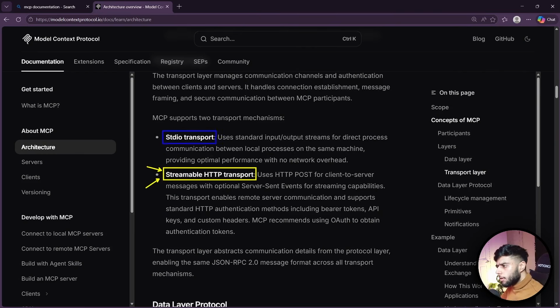STDIO is good when you are developing something for yourself or just a few people. But when you want to build a solution that will be used by so many people, then you have to use a streamable HTTP MCP server. You cannot rely on STDIO. Simple. Make sense? Okay. So these are the two MCP servers that we will be exploring,